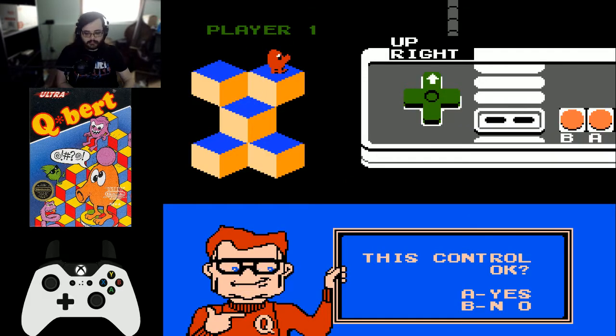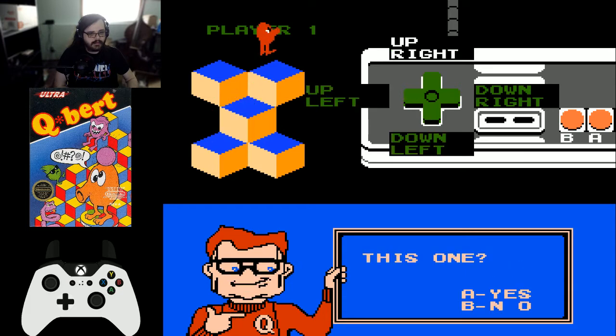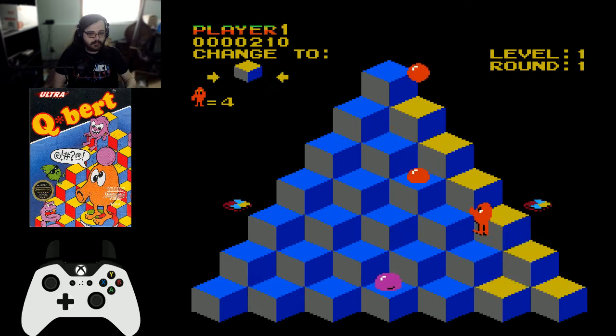Alright, one player. Okay. You gotta pick your control scheme. I guess I'll just tilt my controller and do it this way. Sure. Is this control okay? Yeah. Sure. Yes. Sure. Well, it's nice that they at least give you a nice way to set the controls properly. Because otherwise, working with the whole,